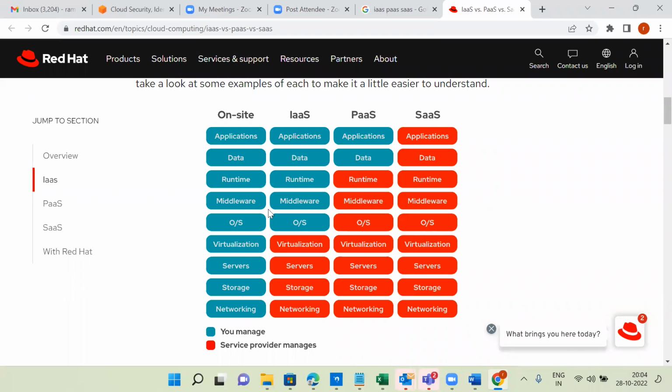So that is about IaaS, PaaS and SaaS. Tomorrow morning, we will discuss a couple of important cloud services. There are two different types of services. One is native services, and one is BYOL. Native means whatever inbuilt services the cloud service providers provide; that is called native, also called default.